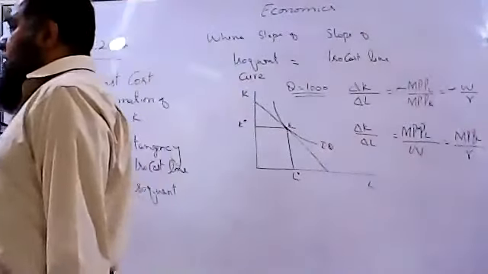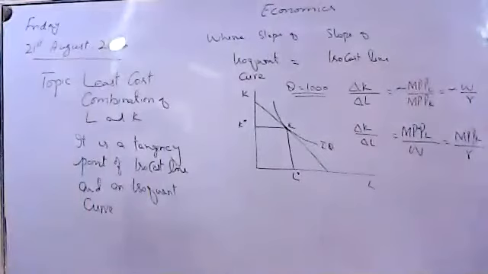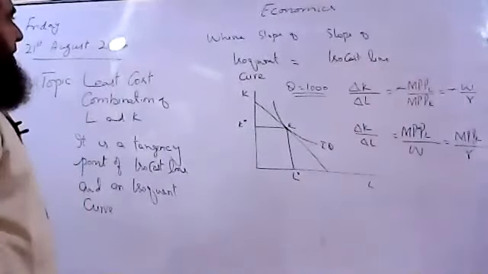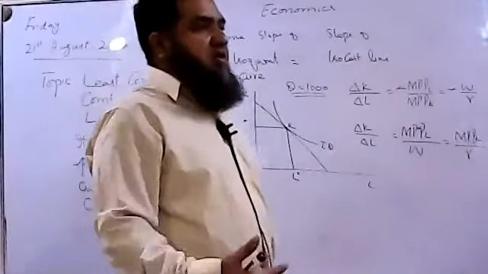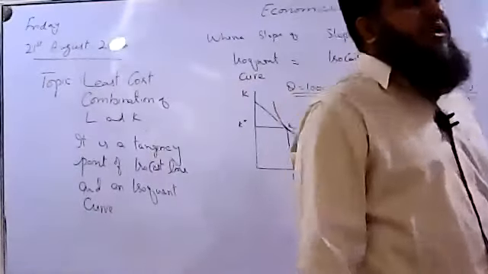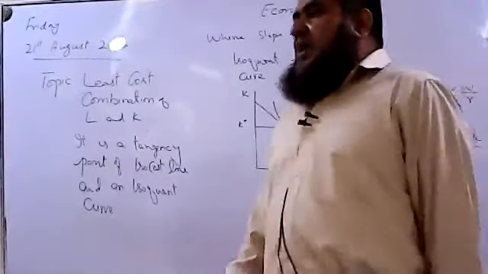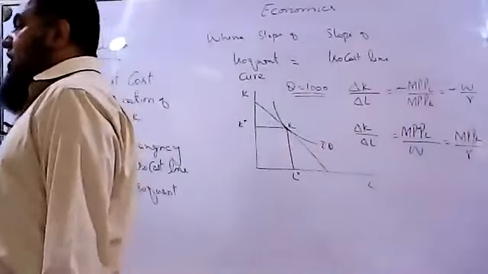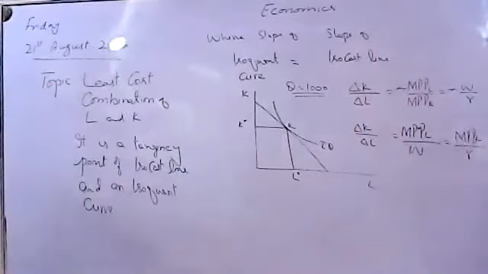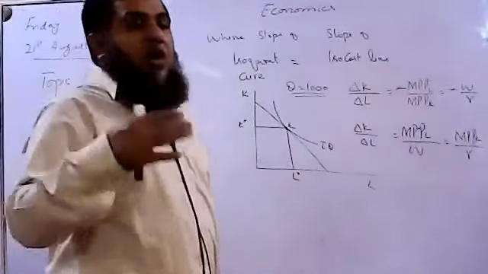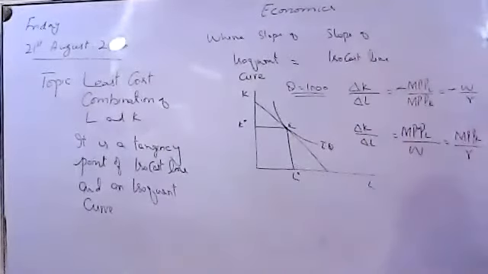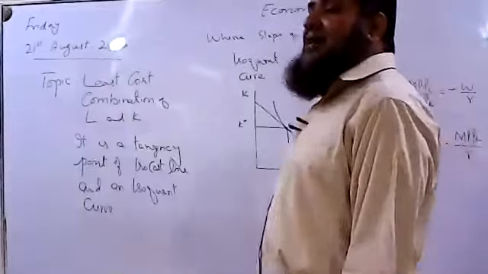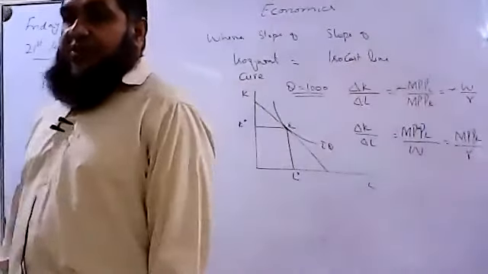That's about our producer behavior we have studied till now. First we studied the production function, then we studied the short-run production in which the law of diminishing returns was analyzed, and then we started the isoquant curve, and later on what? Isocost line. So all these things are about producer behavior. This is the microeconomic analysis of producer behavior.